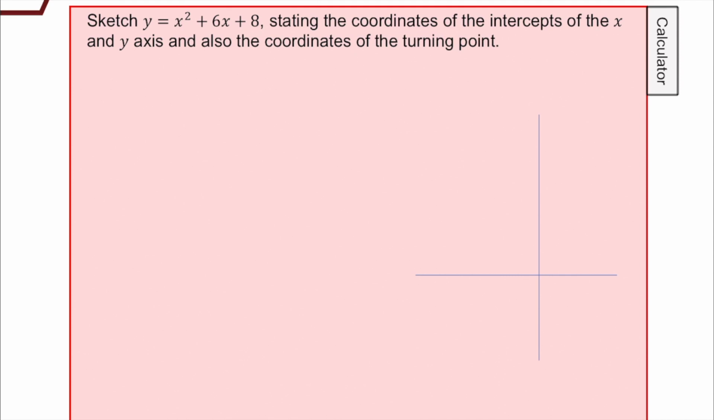Okay, so now what we're going to be doing is looking at putting all of these different quadratic skills together. What we're actually going to see is all of these different things that we've been finding, what do they represent when you sketch your quadratic? So first of all, we have a quadratic in the question, and it says that we need to sketch it, giving the coordinates of the intercepts of the x and y axes, and also the coordinates of the turning point